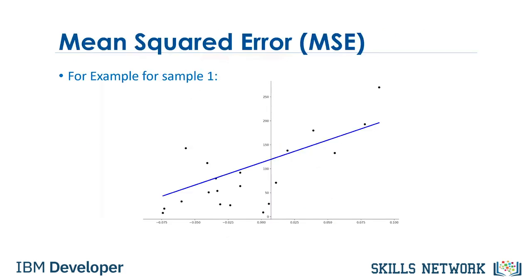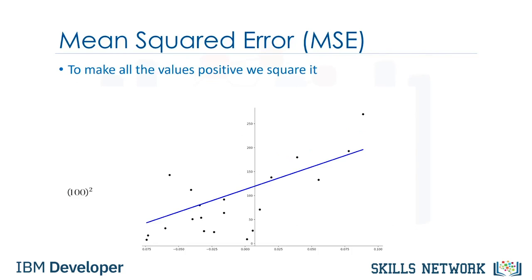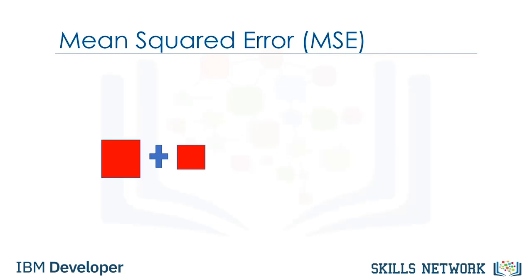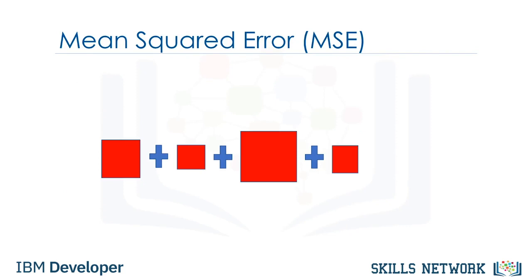R-squared. To measure the MSE, we find the difference between the actual value y and the predicted value y hat, then square it. In this case, the actual value is 150. The predicted value is 50. Subtracting these points, we get 100. We then square the number. We then take the mean or average of all the errors by adding them all together and dividing by the